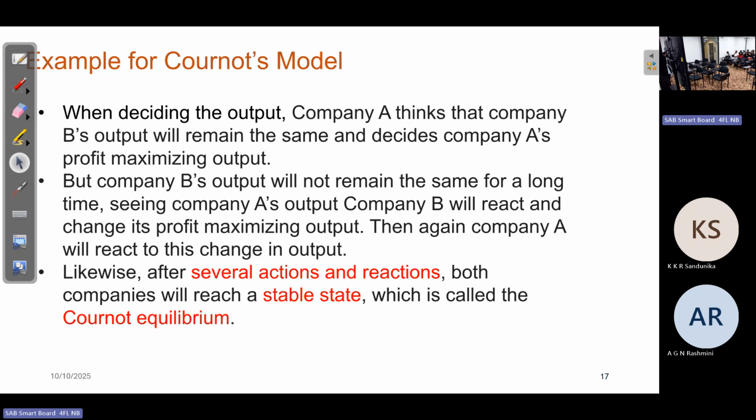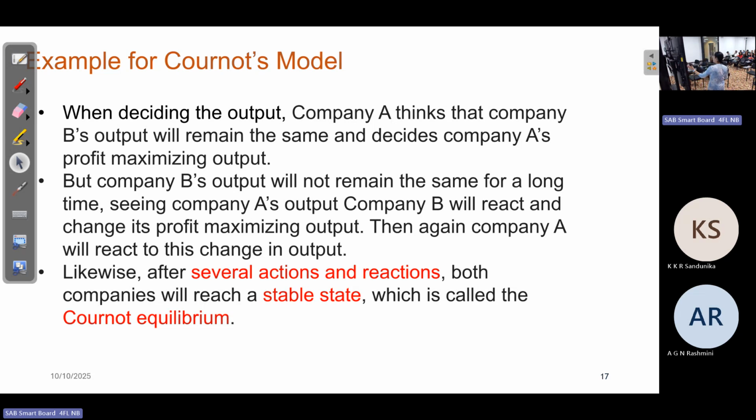Let's say we produce the same quantity, 50, the assumed quantity. When B looks at this, he thinks it's producing 60, then I'm going to change my production to maximize my profit. So again, we will change. Likewise, they are reacting to each other's quantity. B produces thinking about what A's quantity will be, but if A's quantity is actually different, B looks at A's quantity and changes B's quantity again. Understood? So they are reacting to each other.